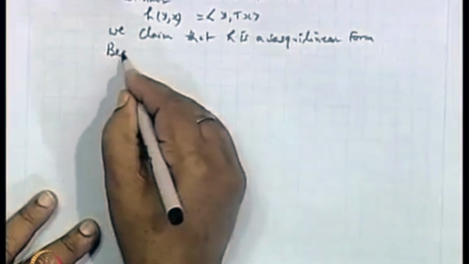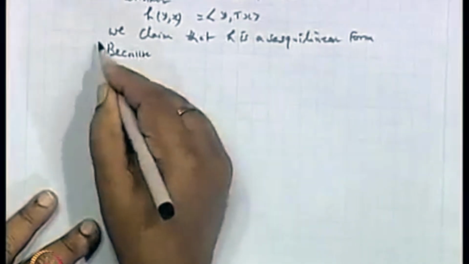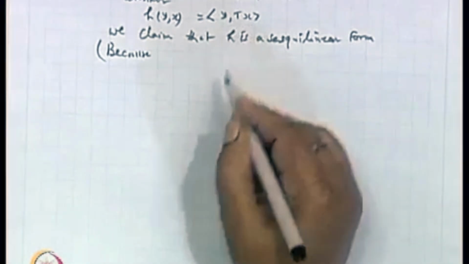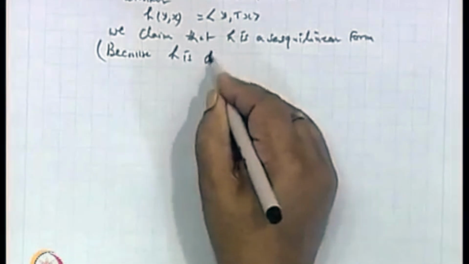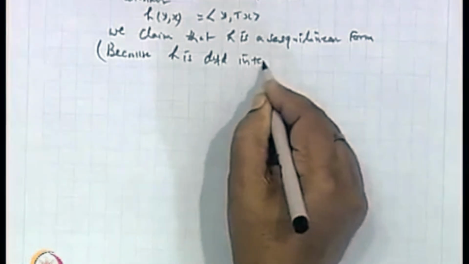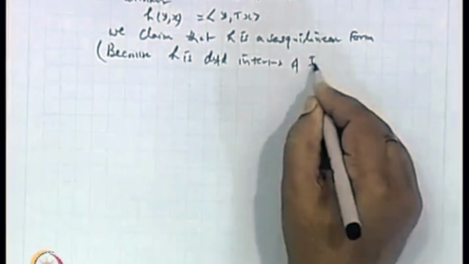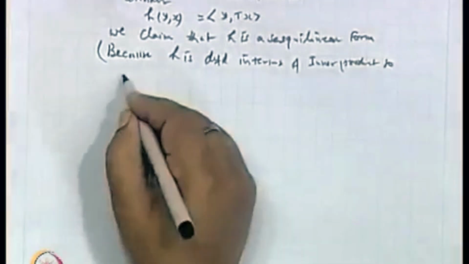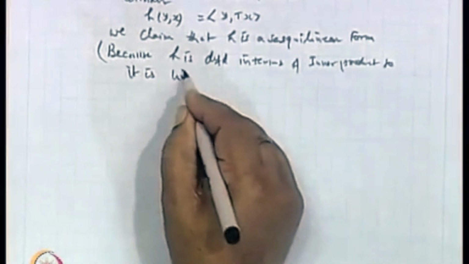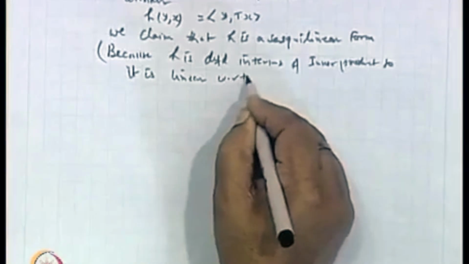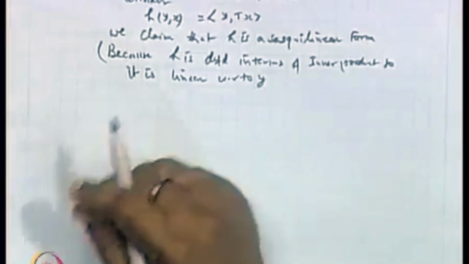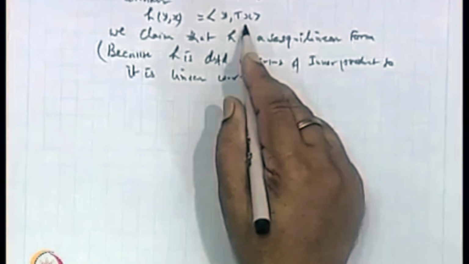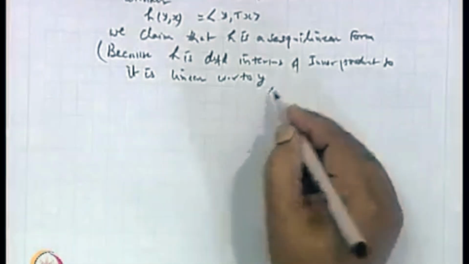Because h is defined in terms of the inner product. So it is linear with respect to y, the first coordinate. Conjugate linear with respect to the second coordinate x. It is conjugate linear